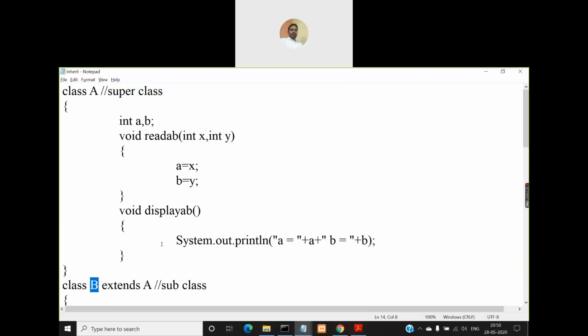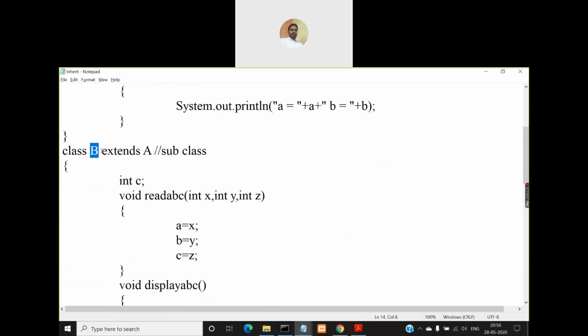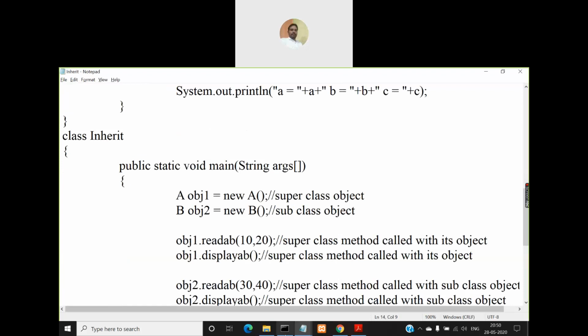So if we don't write extends A, it is not going to be a subclass, right? It's going to be another superclass. So now you remove this extends keyword here. For example, I'll remove this extends keyword, extends A. Save the program and compile it, then it will generate errors.